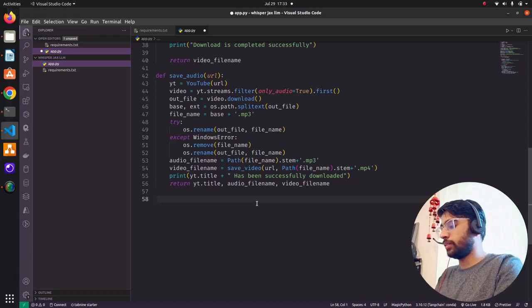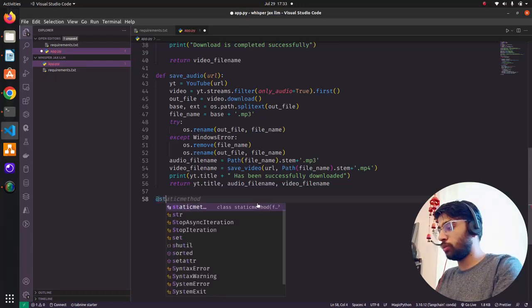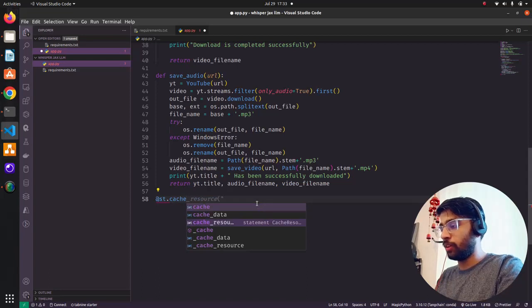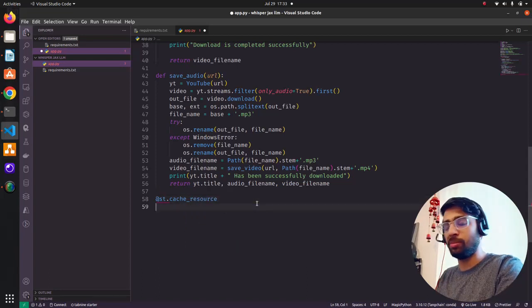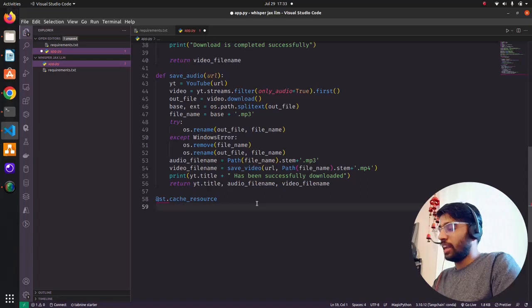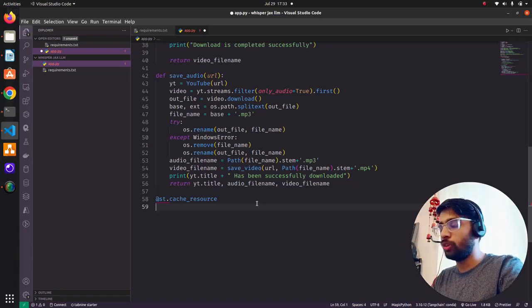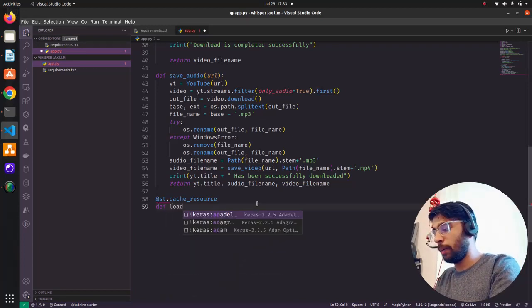So what I'm going to do here is first write a decorator that will cache that. It's not going to load every time in that runtime when we are running a Streamlit function or the app. Cache resource. Now there are cache resource and there are cache data. If you want to cache the data, like if you are uploading CSVs or JSONs or anything like that within the runtime, you don't have to run that function again and again. You just cache that in memory there. So cache resource, and what I'm going to do here is define load model.